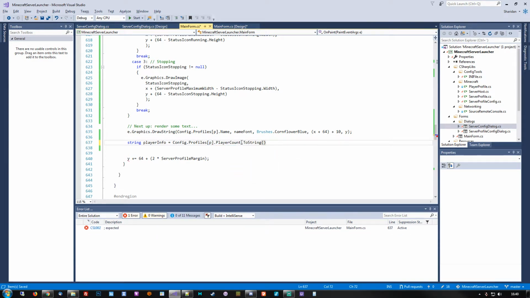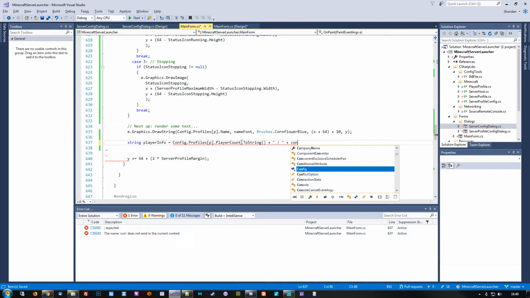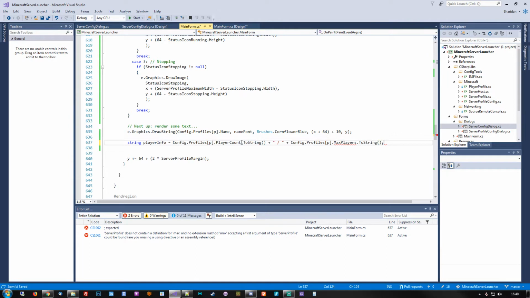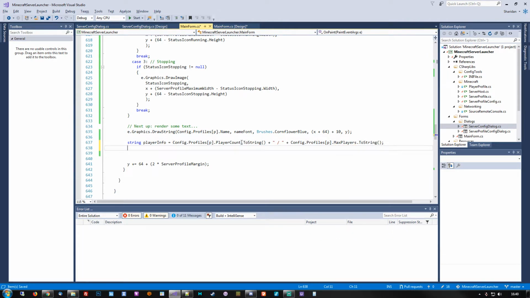And of course we need to convert that to a string because we're putting it into a string, and then we'll add a slash and then finish it off with the configured max player count. There we go. Okay, so how do we figure out how big this thing is going to be? Well,